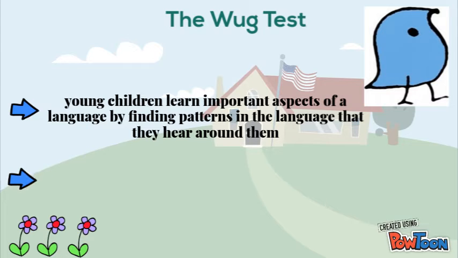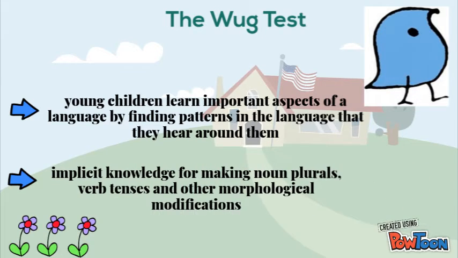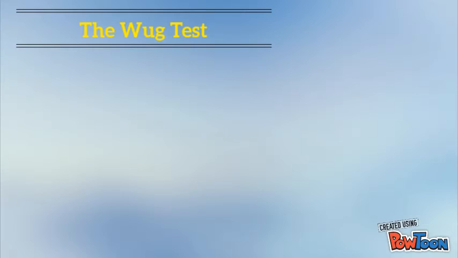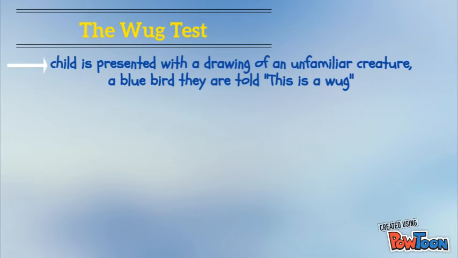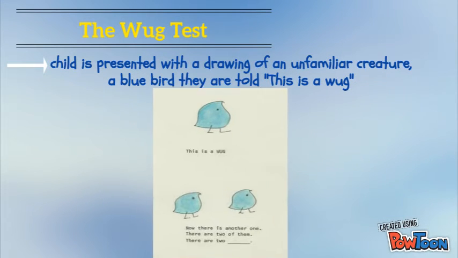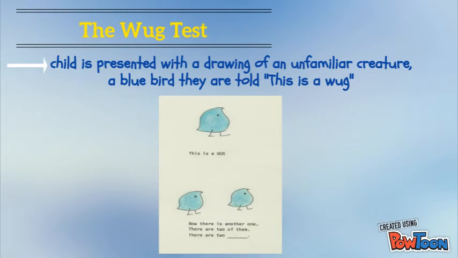She showed that children had implicit knowledge of English patterns for making nouns, plurals, verb tenses, and other basic morphological modifications to word stems because they could attach the appropriate endings to nonsense words that they could have never heard before. In the WUG test, the child is presented with a drawing of an unfamiliar creature, usually a blue bird,